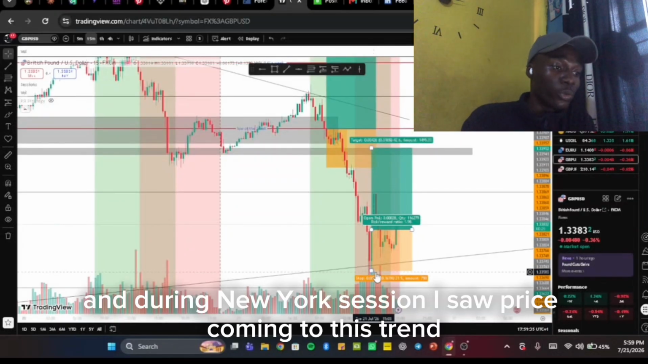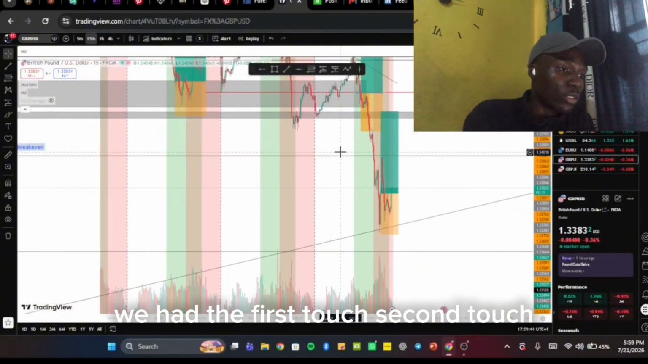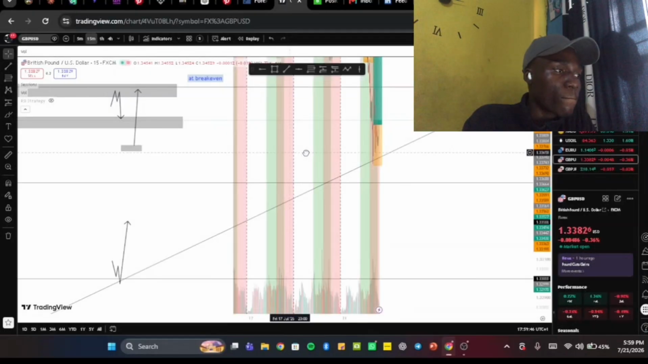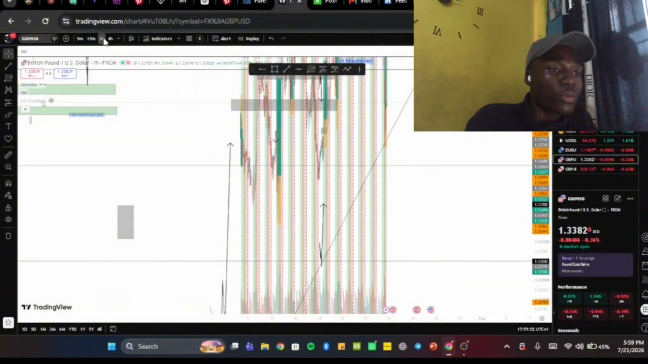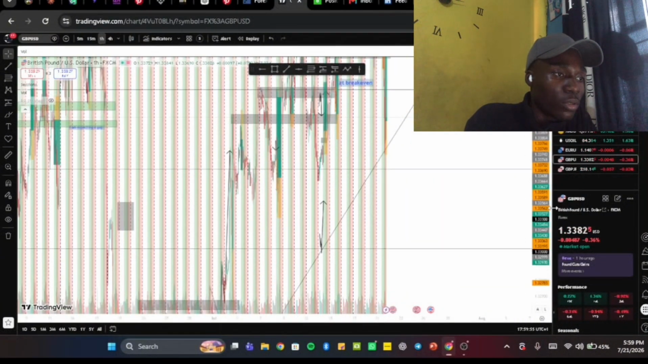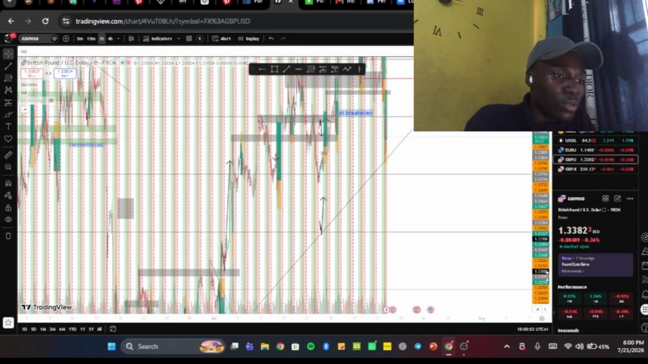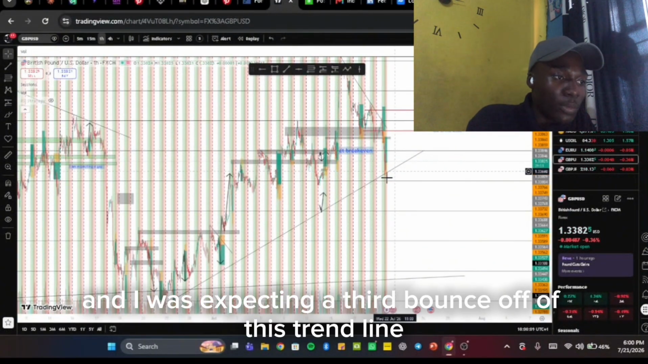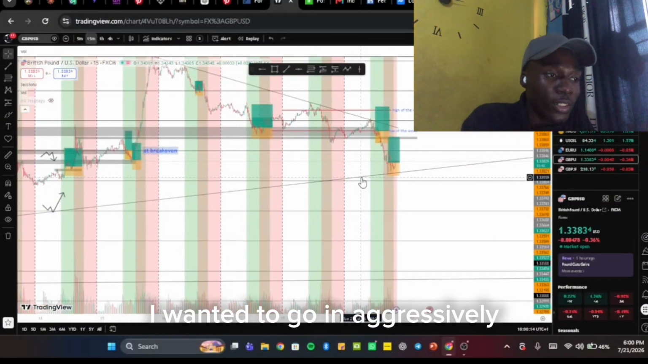And during the New York session, I saw price come into this trend line, stemming from the 1 hour time frame. You had the first touch, second touch, and this is just the third touch. Let me go to the 1 hour time frame. So this is the first touch, this is the second touch, and I was expecting a third bounce off of this trend line. So going straight to the 15 minutes time frame, I wanted to go in aggressively, but just decided